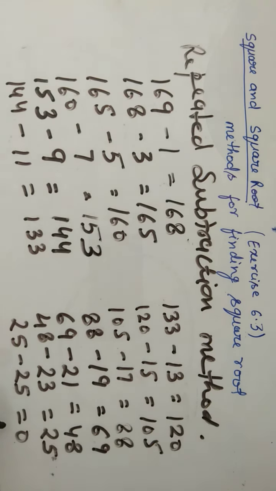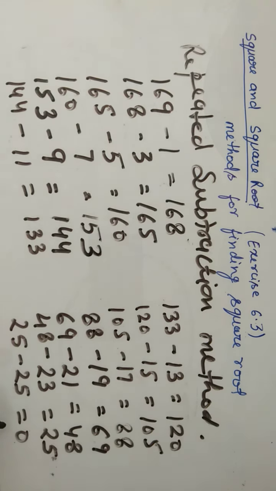Being an even number, we will start from 2. 2 8s are 16, 2 2s are 4, 2 4s are 8, 2 1s are 2. Now we will check from 3. 3 1s are 3, 3 4s are 12, 3 7s are 21. Then 3 3s are 9. Then 7 7s are 49 and again 7 1s are 7.